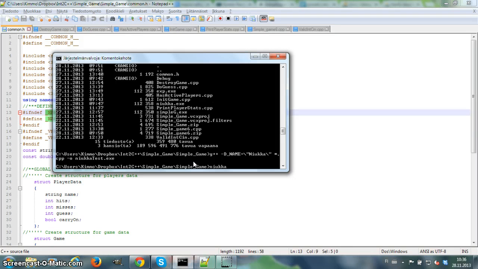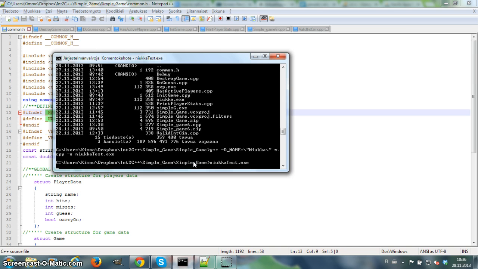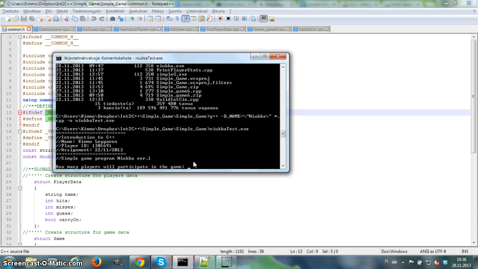And then when I open Niukka test in my folder, my program, then I see that here is a Niukka, what's right there, has been changed, because without that,